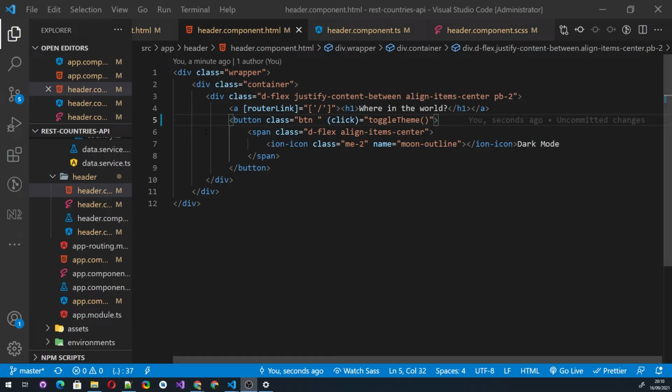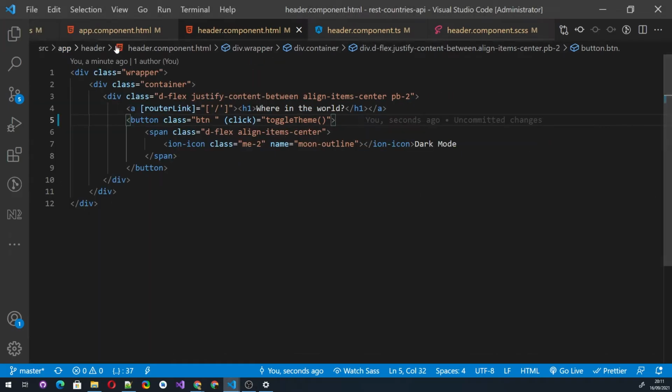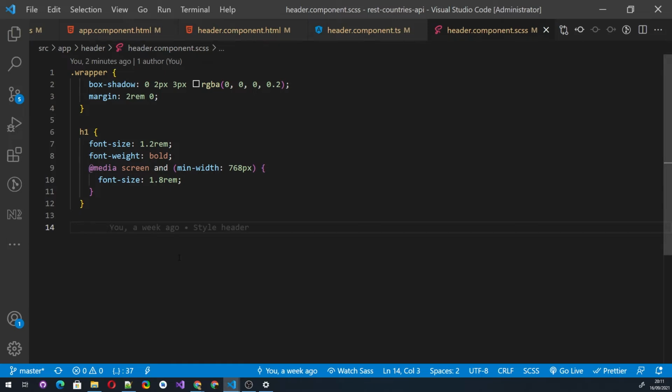Right, so we are in the header component, and here we're going to add a class, btn-toggle. I mean, you could name it whatever class you want, but I think this works pretty well. And we're going to put it in this component because I don't think this is going to be used anywhere else. So we keep it in this header component, and in the